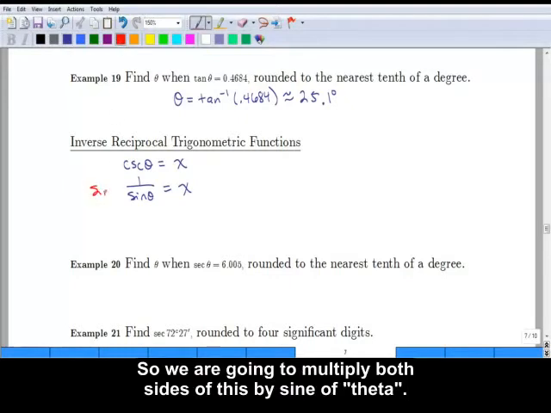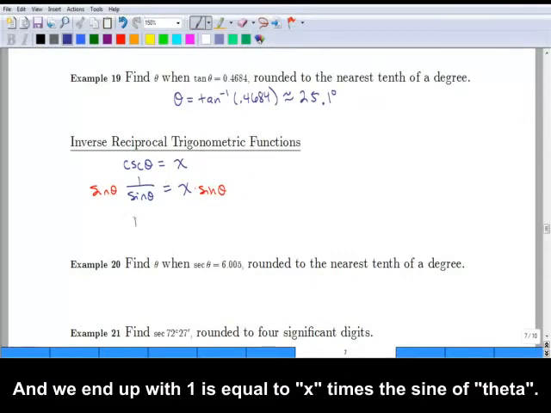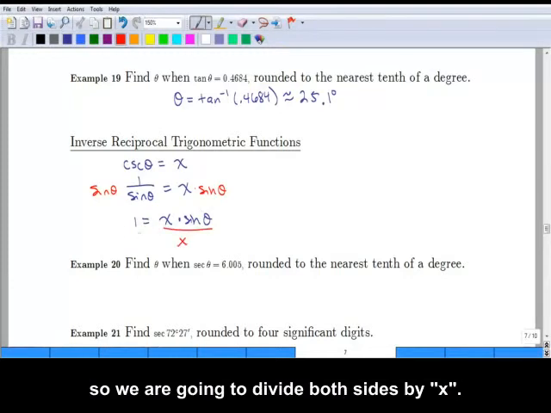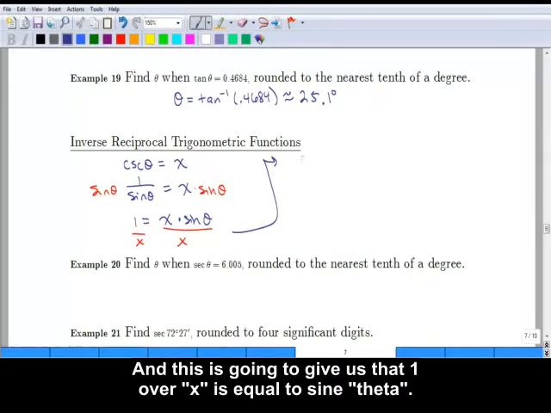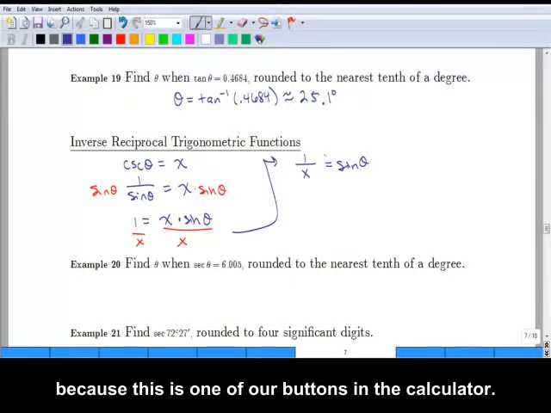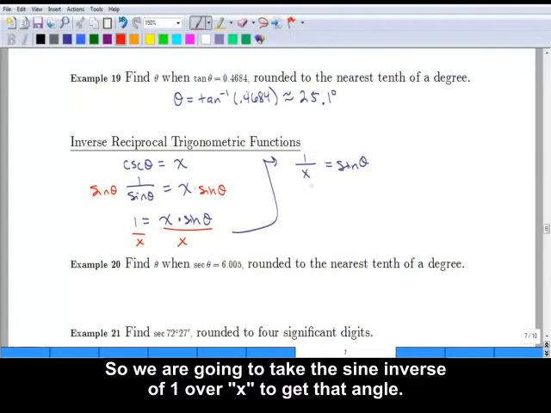So we're going to multiply both sides of this by sine of theta, and we end up with 1 is equal to x times the sine of theta. Now again, we're still trying to find theta, so we are going to divide both sides by x, and this is going to give us that 1 over x is equal to sine theta. Now sine theta we can find the inverse of, because this is one of our buttons in the calculator. So we are going to take the sine inverse of 1 over x